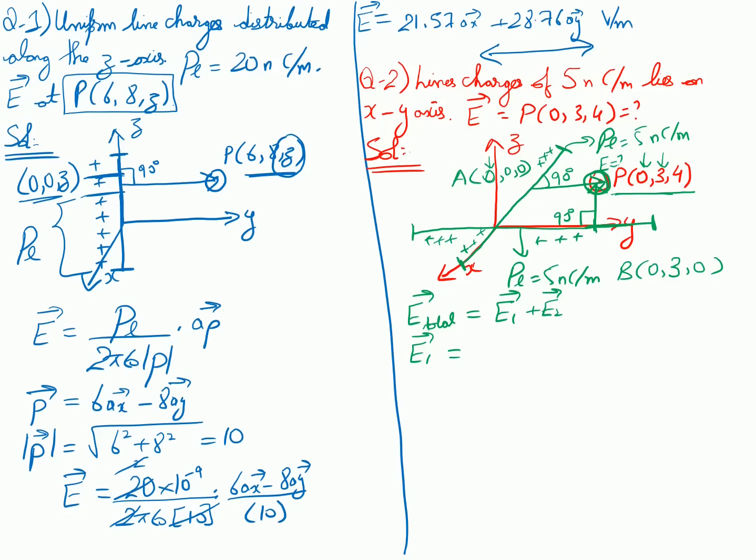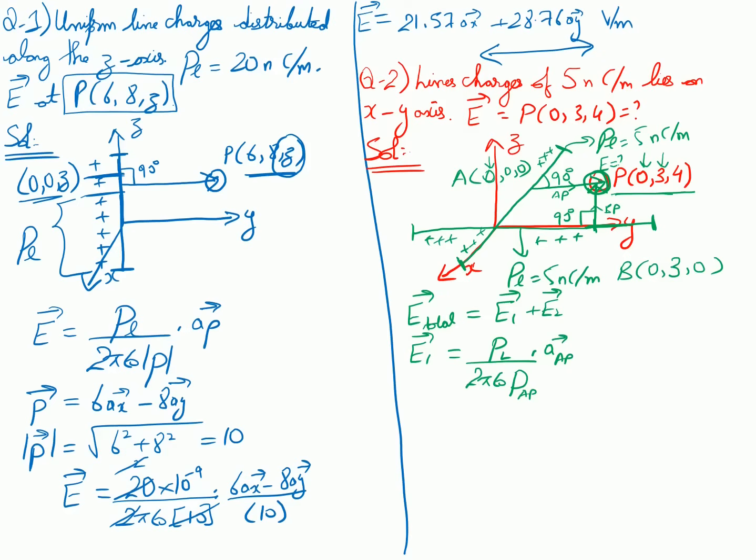So the first electric field is going to be, let us give it some points for the vectors. Let us say this point is from point A to point P, and this point is from B to P, so I can find my position vectors easily. So E1 is going to be rho L divided by 2 pi epsilon naught, and this is rho from, let me write the equation. This is rho from A to P,